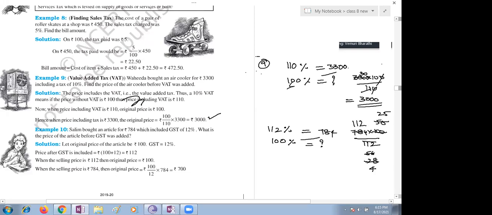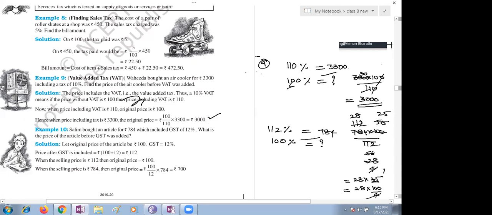Again, the 4th table will cancel. 4 ones are 4, 4 twos are 8. 32 will happen. 32 is 8 times 4. So 8 times 4 is 32, ma'am. Now 28 into 25. Children, you can also multiply, but there is no need to do more hard work here. Instead of 25, just make it 100 by 4.